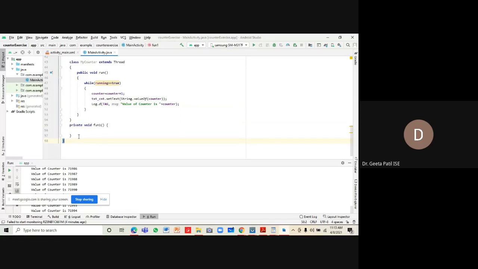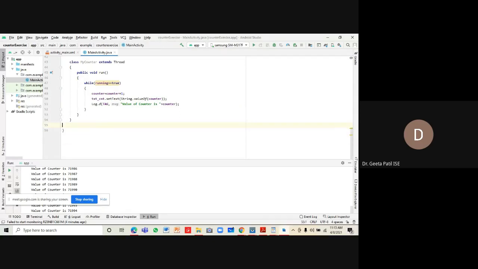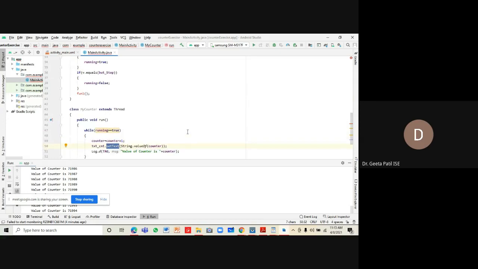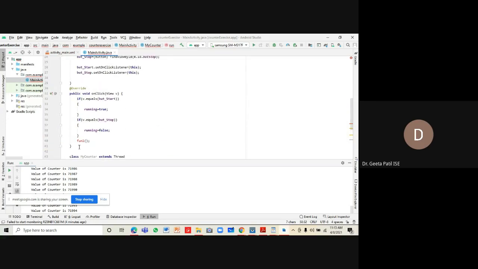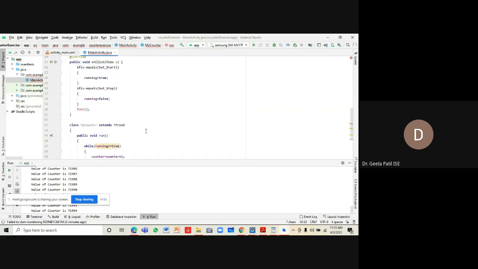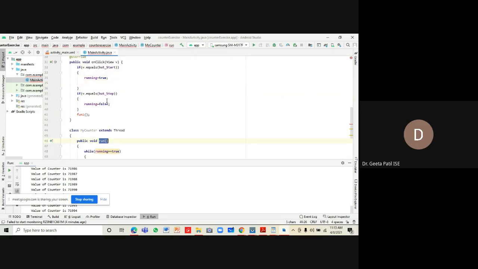Okay. The code of incrementing the counter and setting the text, I've done it as a part of thread MyCounter. Now what we do is, we have to create an object of MyCounter. So running is made true over here, and now we have to call this run method.